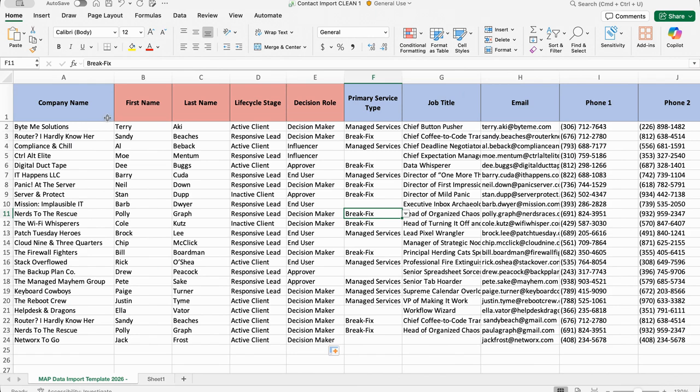In this video, I'm going to talk a little bit about our import template. Here I have a sample Excel file with some really good data in it. Obviously, this is all fake data, but it looks very clean. And this is what your import should look like when you're ready to import it into